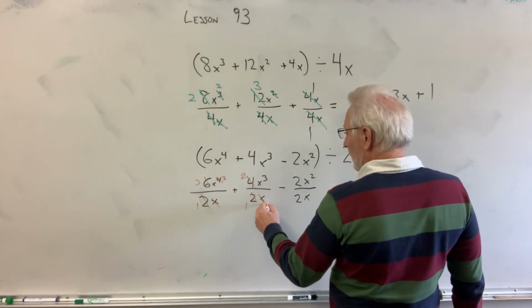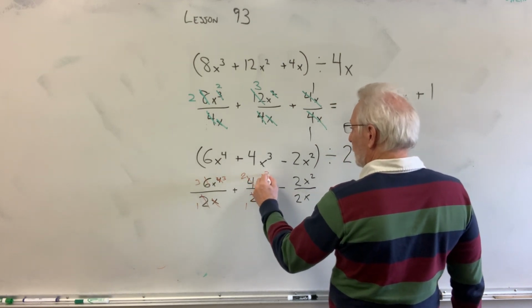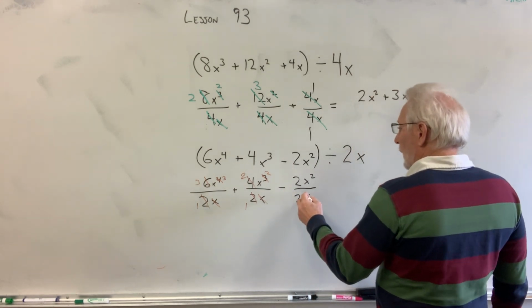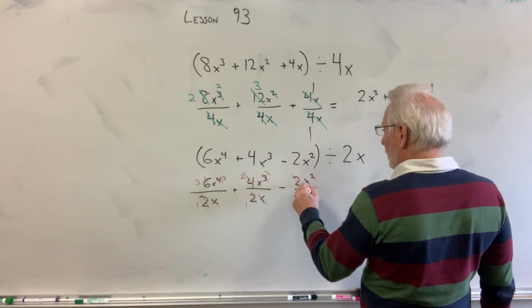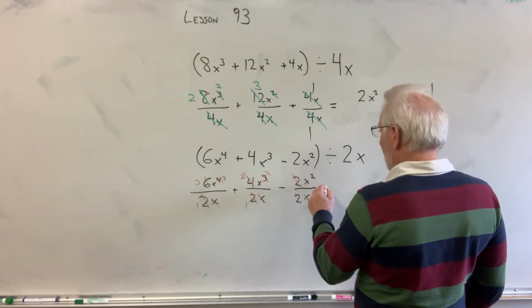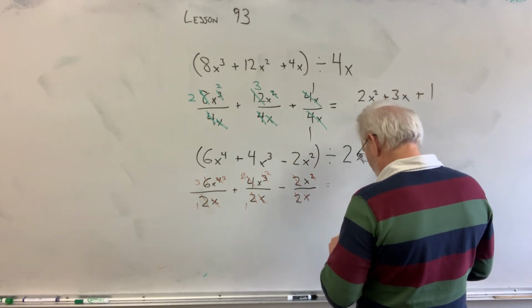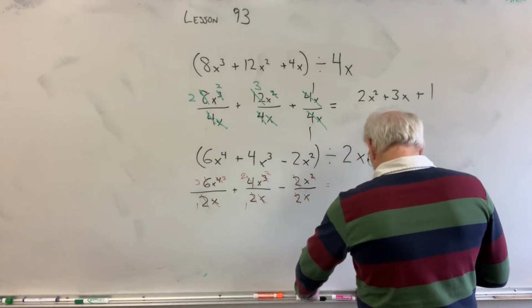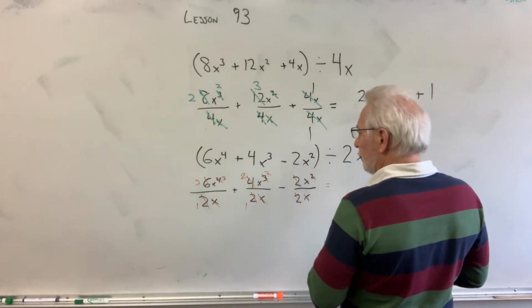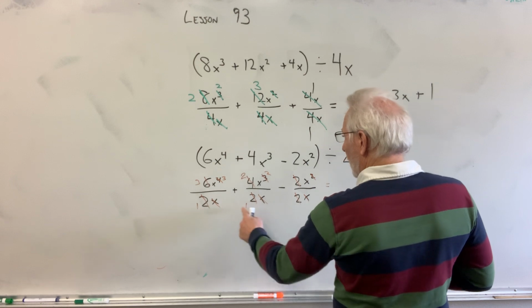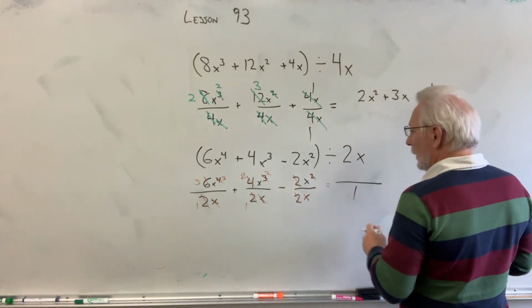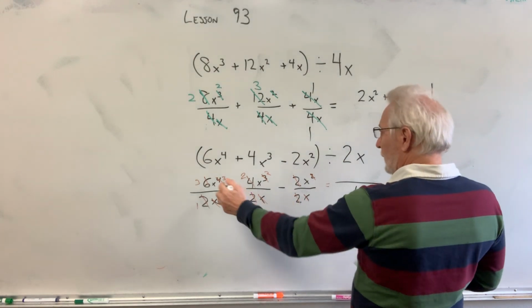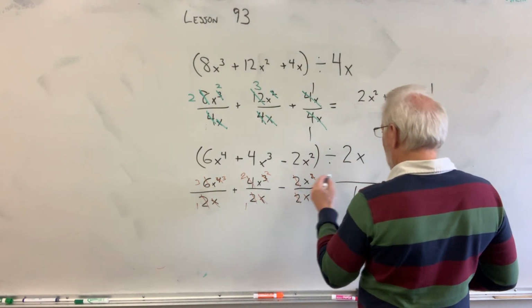This x goes out, and this becomes a 2. And then again, the 2 and the 2 cancel. The x takes out 1x, and we're left with an x on top up here. So that when we go all the way across, notice down here, 1 times 1 times 1. So the bottom will be 1, which makes life easy. And then the top, we got 3x cubed